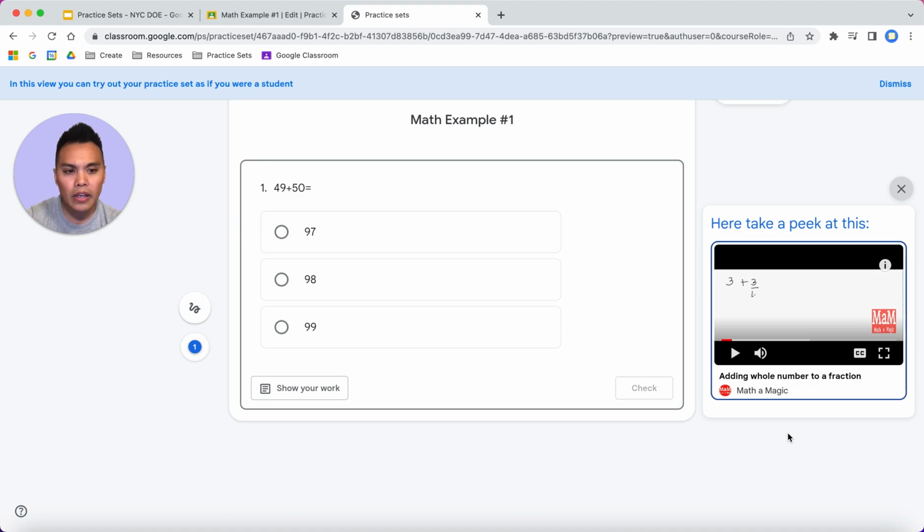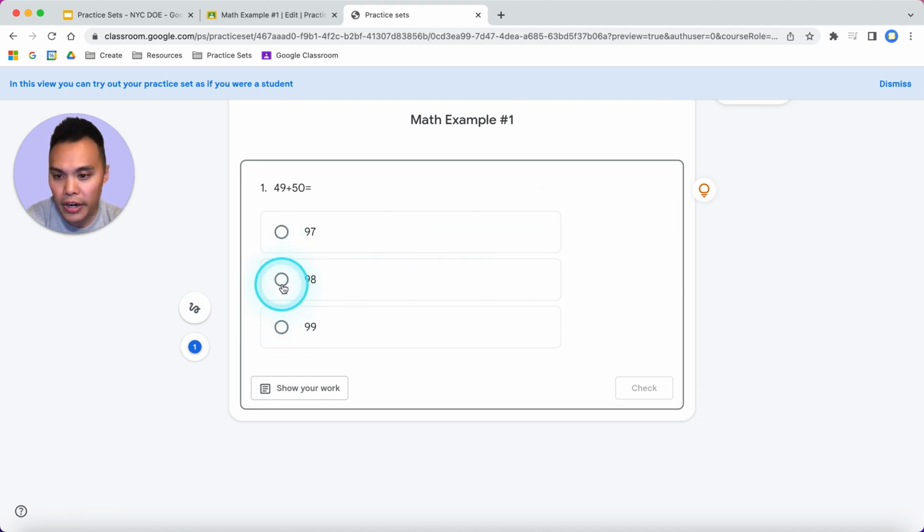So all of this uses a combination of AI, Googlers and teachers actually curating these specific resources to support your students in answering this practice set. The more complex your practice set is, you can tag different skills and the students can receive these different hints, which is pretty cool. So let's say I'm a student, I watch this, I can close that, and I can choose the correct answer. Let's say I choose this answer here,